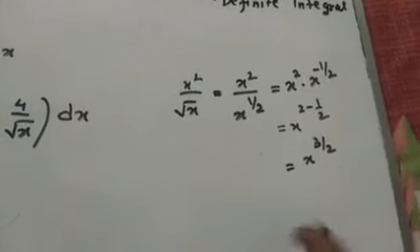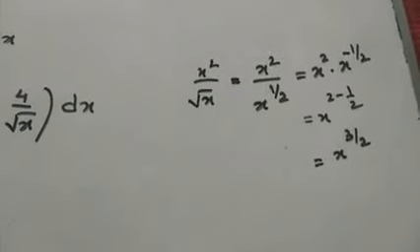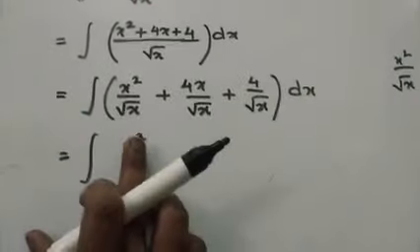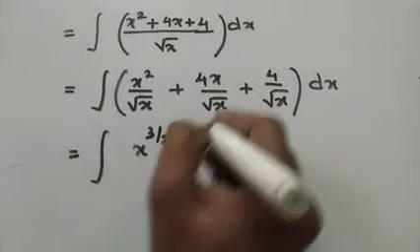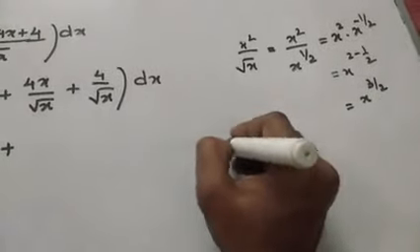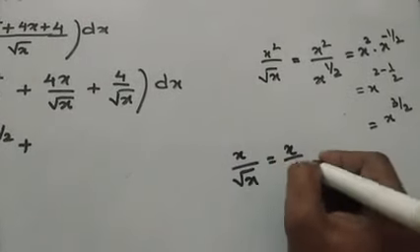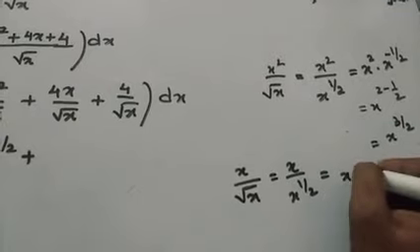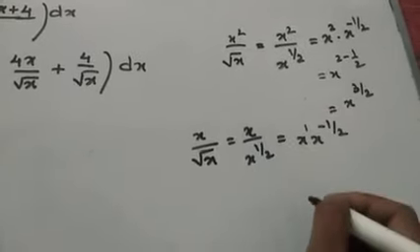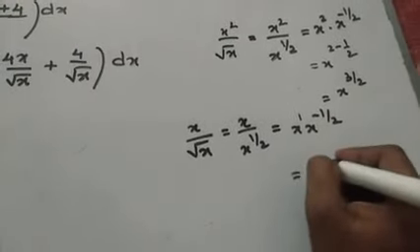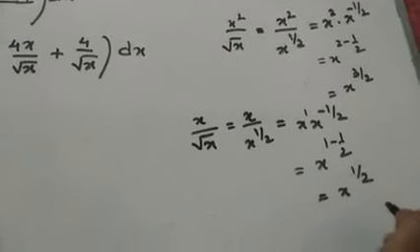Clear? So instead of x square by root over x, just simplifying, we get x to the power 3 by 2. So we will write that term here, plus for this one, x by root over x, that is x by x to the power half, that is x into x to the power minus half. This x means this is a power 1, base same, powers add, that is 1 minus half, and finally half.